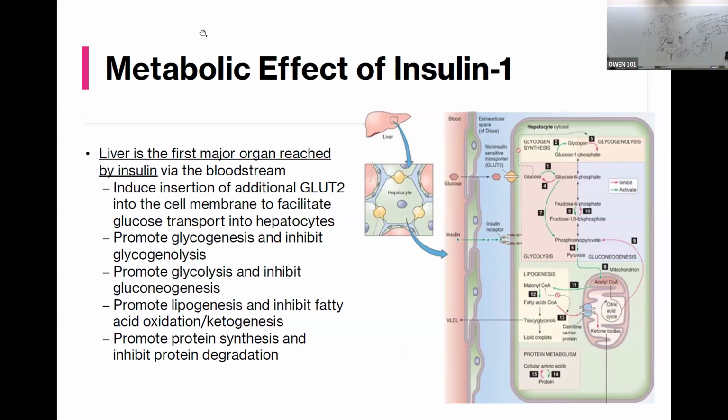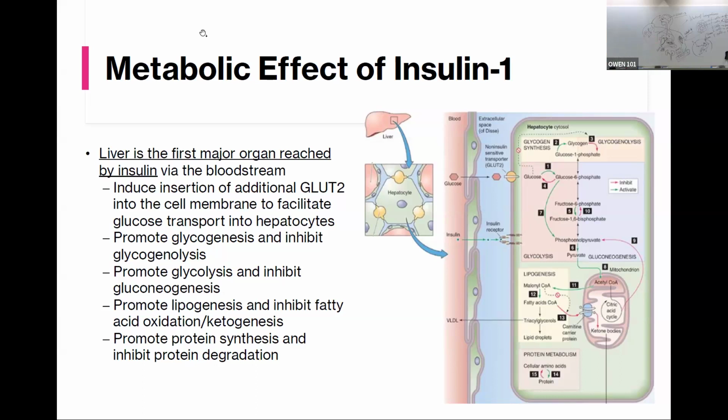This GLUT2 is just the same as GLUT4 in the muscle. It's already expressed there, but insulin induces more expression of GLUT2, and then promotes glycogenesis and inhibits